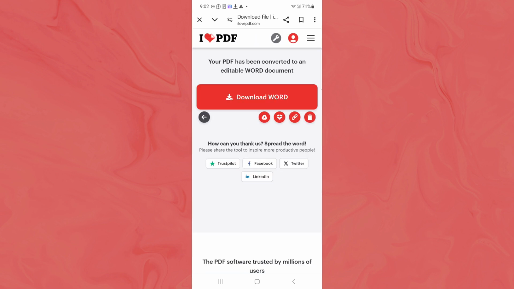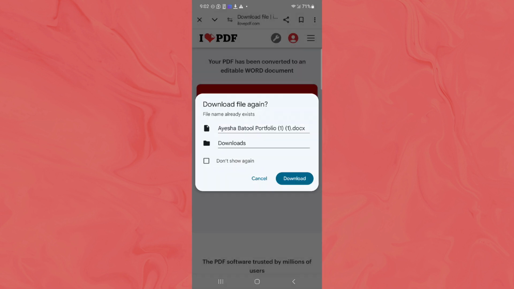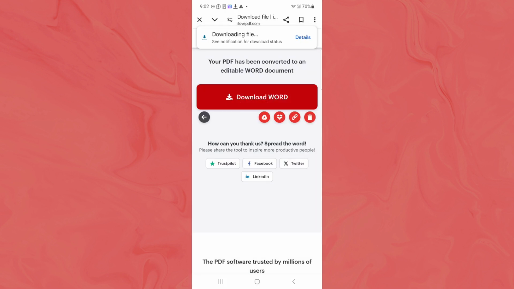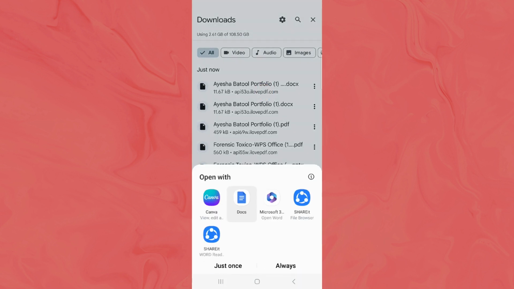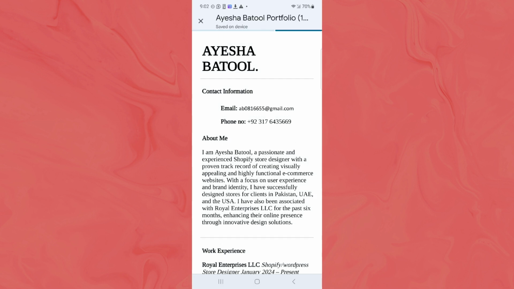And you can see I have successfully changed my PDF file into Word document. Click on download Word and click on download and click on open details, and from here you can see I have successfully changed my PDF file into an